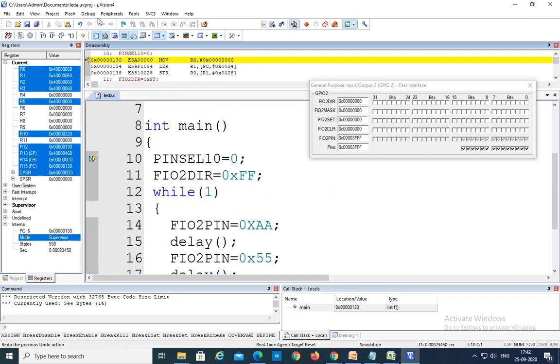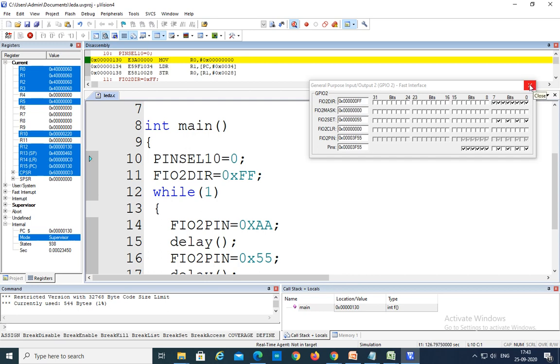So here I am executing the total program at a time. That's why I am pressing this one. No problem, right? So now you can see here, alternately odd even, odd even, odd even, like that, LEDs are glowing, off, glowing, off. So this is the program for that one, right? So suppose I want to glow the LEDs from left to right and right to left. Then how to do that, right?